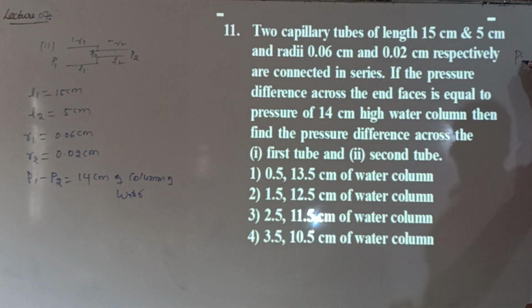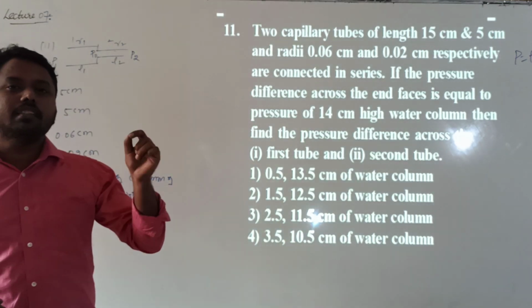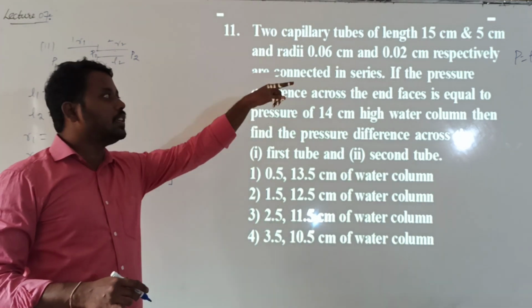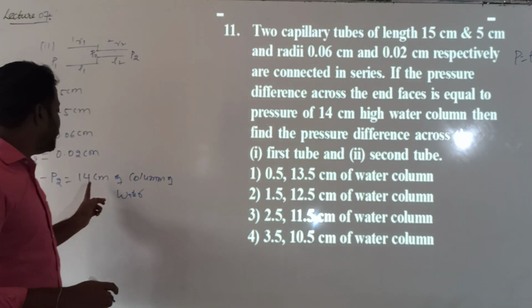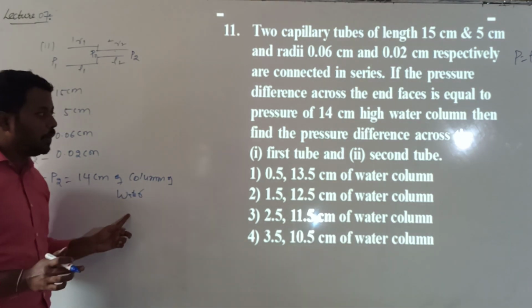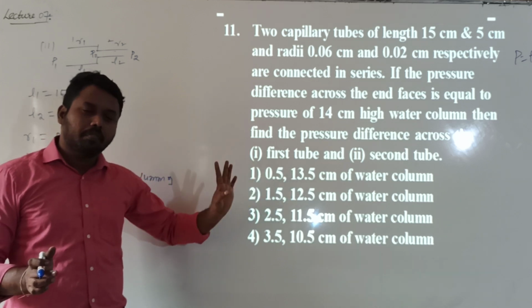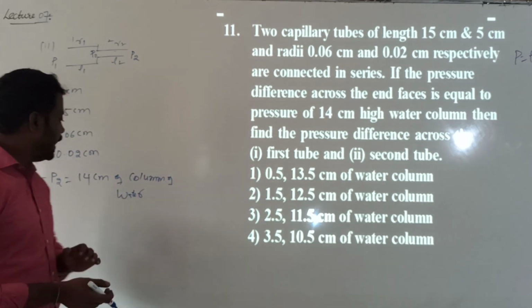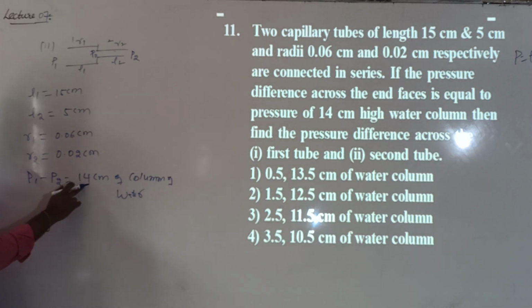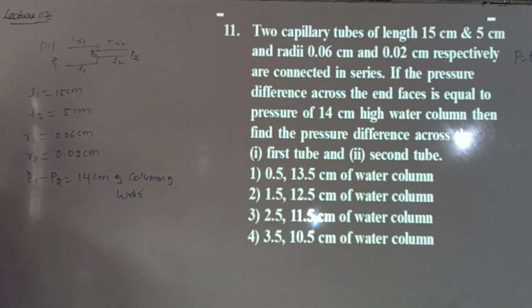What is the general formula for pressure? P is equal to rho g h. In the case of a barometer, we calculate the pressure by using mercury, so what is the height of the mercury? By calculating h, we substitute the density. But here we need to express the pressure difference in terms of the height of the water column, because the answer options are also given in terms of the height of the water column. They have not substituted the total values. That's why I will take P1 minus P2 as the pressure exerted by 14 centimeters of water column.